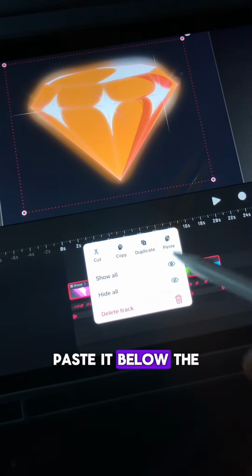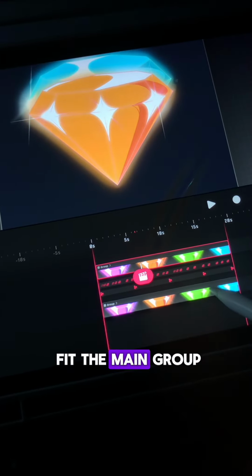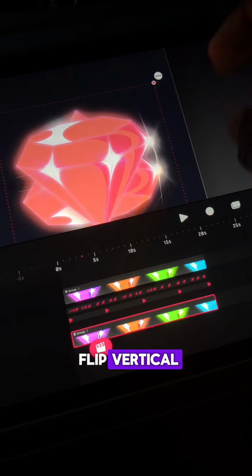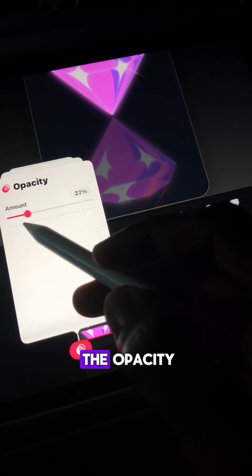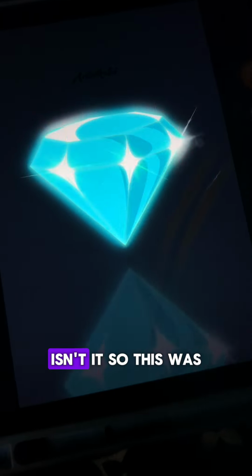Copy the group. Paste it below the main group and adjust it to fit the main group. Select the group. Click flip vertical. Move it below the main group. Select the group again. Click opacity and reduce the opacity. Voila! Beautiful, isn't it? So this was